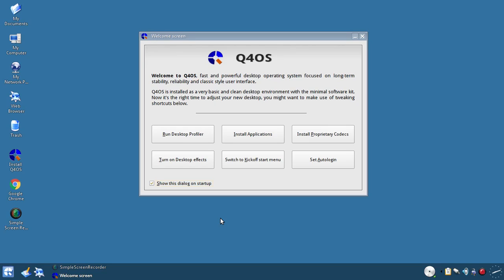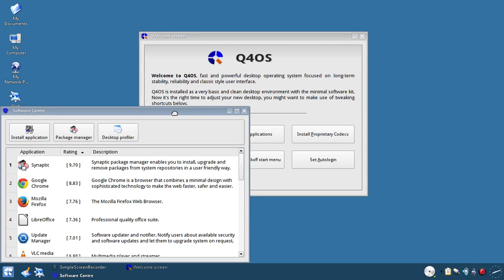But you may have to go into BIOS and change it so that the CD-ROM boots before the hard drive does. And then this is what you'll come up with right here. It'll load the welcome screen. You can actually install programs on here. Google Chrome is already installed, and if you boot this system, it runs just like on a hard drive,